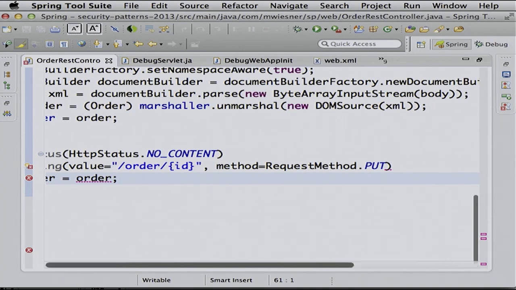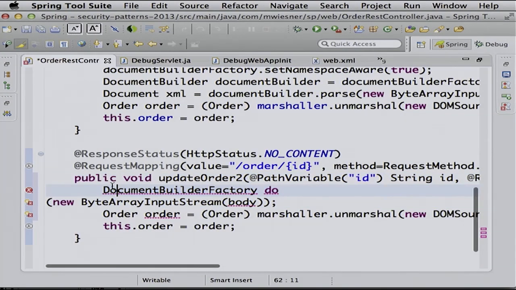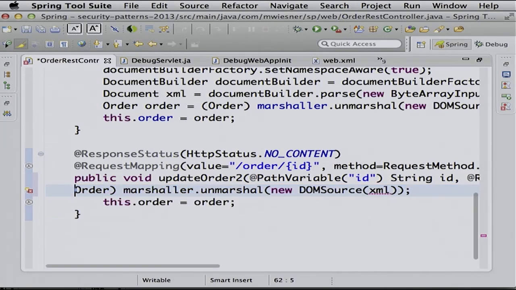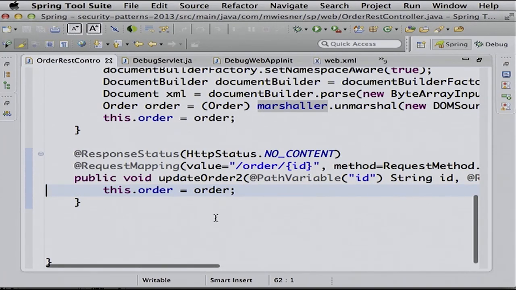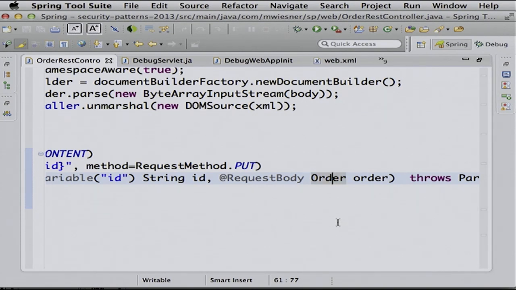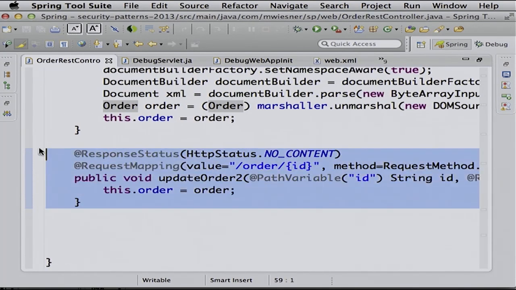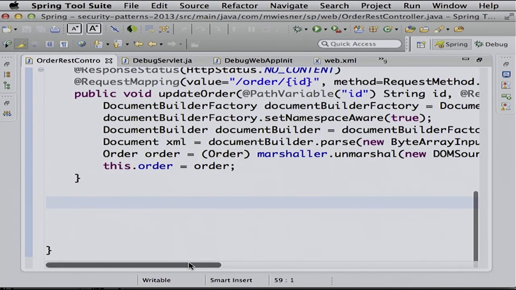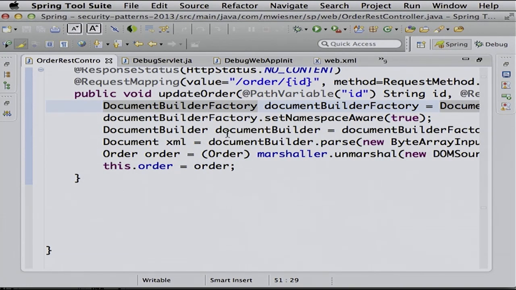Oops, I removed too much. That would be the implementation for trusting the converters. You just say, hey, request body converted into order, and then you send an XML, JSON or whatever, it will be converted into order. Everything works. But again, we don't want to trust it, so remove that nasty one. We want to have the raw byte array, and we do everything ourselves, because then we are in charge of it.